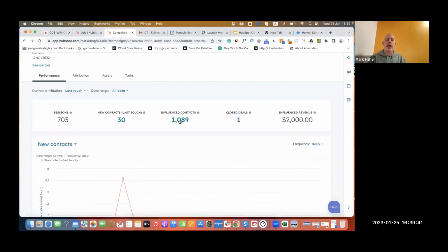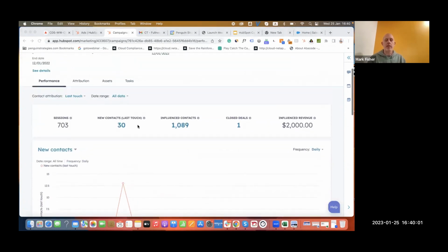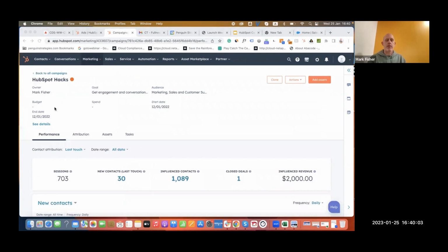Obviously, influenced contacts, we have a whole bunch, because the influence is people that we've reached out to or people that are already in the database. But this is not the first campaign that they connected to. They were either in another campaign or they existed in the database before we started running this campaign. And we have a closed deal here that came through. Now, all of this is around the time period, okay? So if you don't add the start date, the end date